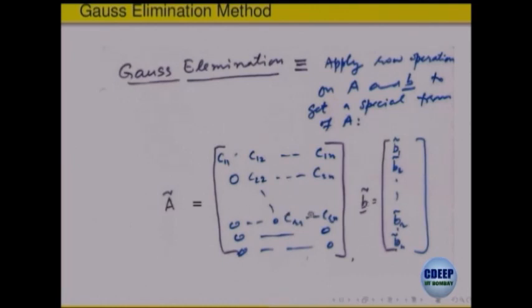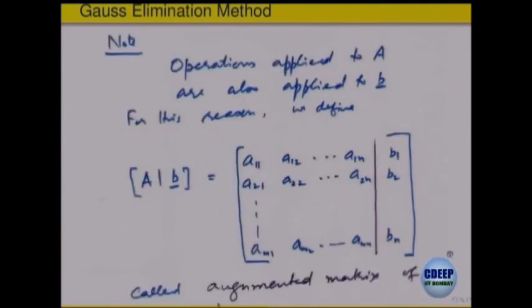So, this is the new coefficient matrix for the new system, which is equivalent to the earlier one, and this has a special form. Look at the bottom, there are some rows which are all equal to 0, and the place where the possibly non-zero coefficients occur is increasing. Okay. So, this is a special form of a matrix. We will spend some time on this form of the matrix, because this is going to be important for all future calculations. So, to keep track of A and the vector b together, we form a new matrix.